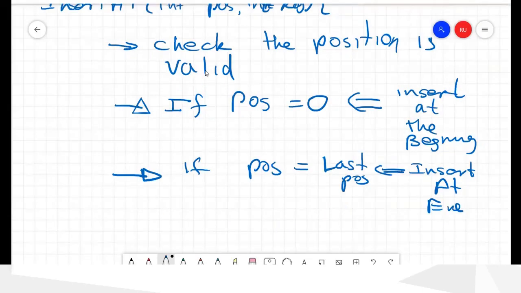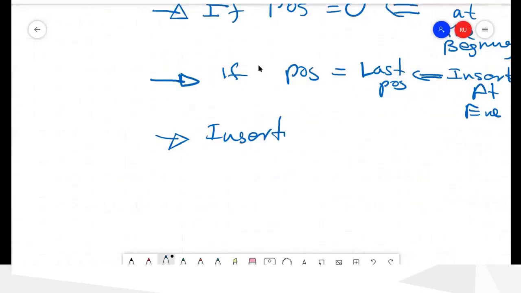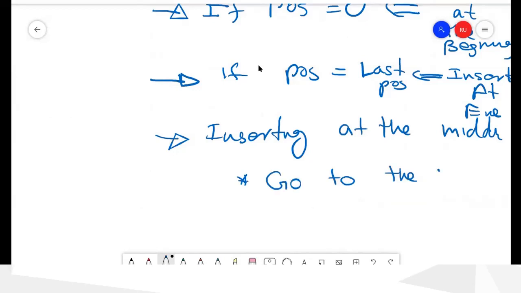The next case is inserting in the middle. So here, first we want to go to the position, and then we can insert.